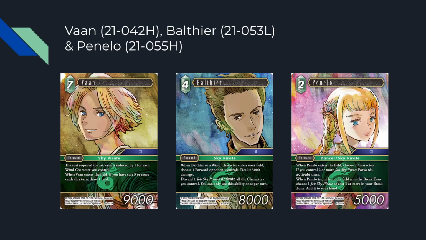Balthier is a little more interesting. I think he makes me think of what Mono Wind is planning to do in the future. Obviously, he's much better if you have Vaan, because you essentially have an S ability, so to speak, where you can also discard a card named Vaan to activate it. And you can also do things like run Viera backups like Murn and the other girl, and then Fran